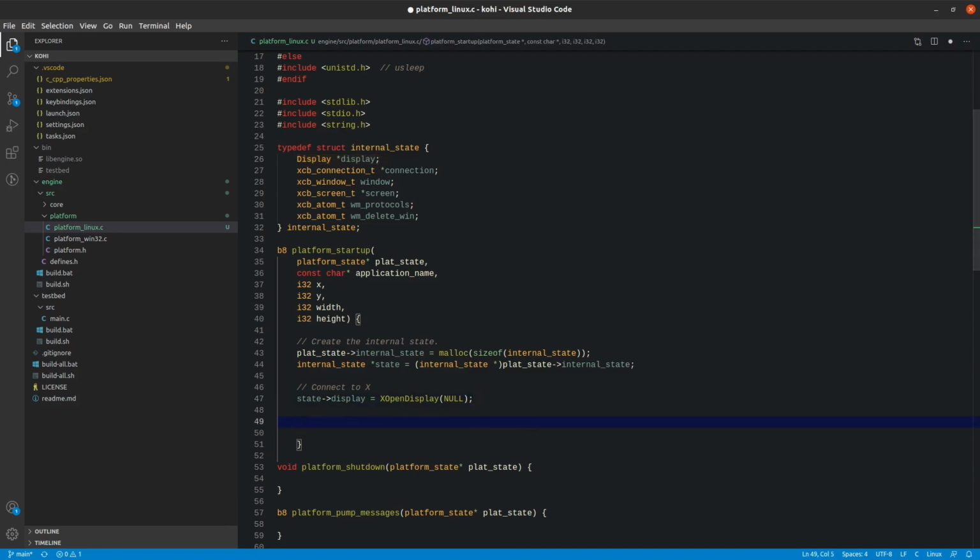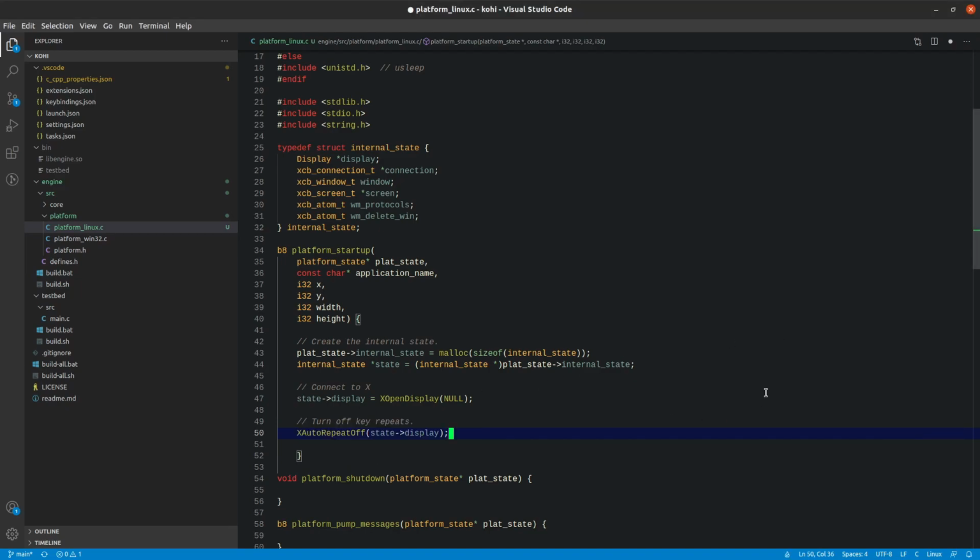Okay, so once we've done that, we are going to make one more call to turn off key repeats. That is because key repeats can actually get a little bit annoying when we go to process input later. So I want to go ahead and knock this out now. Now, one important thing to note about the way that Xlib works, and this is kind of strange and very unfortunate, is this particular call to turn off key repeats is global across the OS. There is no way that I'm aware of to only do this for the current application. It's global. So if you run this and then don't turn it back on later, key repeats won't work until